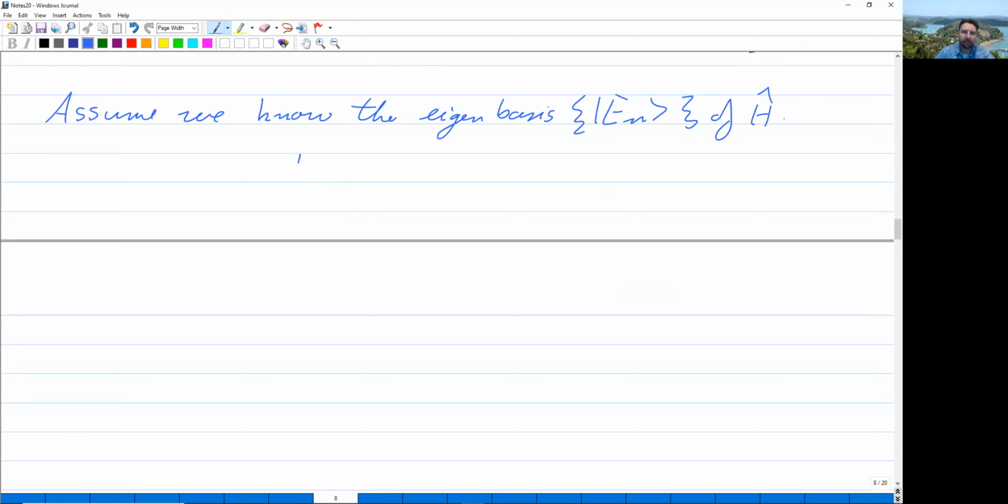So we have that the Hamiltonian acting on one of its eigenvectors gives us the eigenvalue times the eigenvector. Well then, what can we conclude? Then from